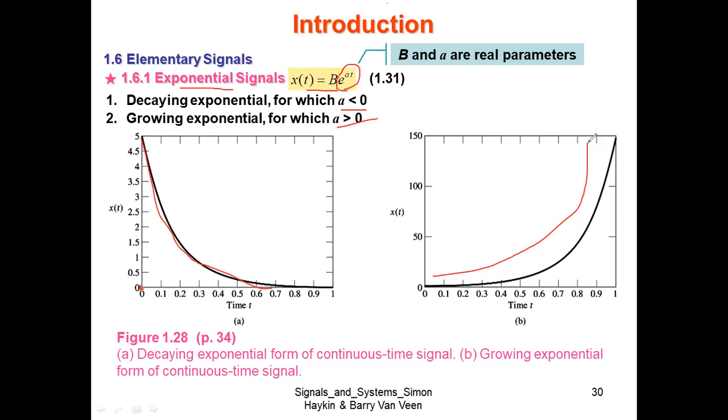Do you remember the diode equation? How does it happen in a diode, by the way? See the voltage on a diode, right? That was an example of an exponential signal. The current through a diode, then the breakdown occurring after the cut in voltage, suddenly it's going to increase, right? That was an example of a growing exponential.